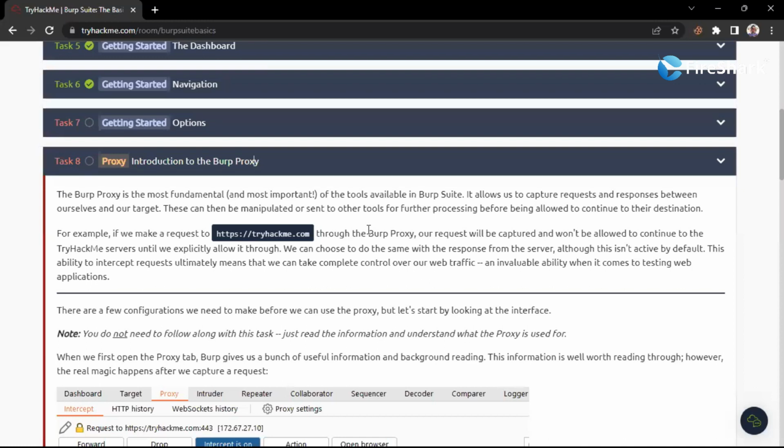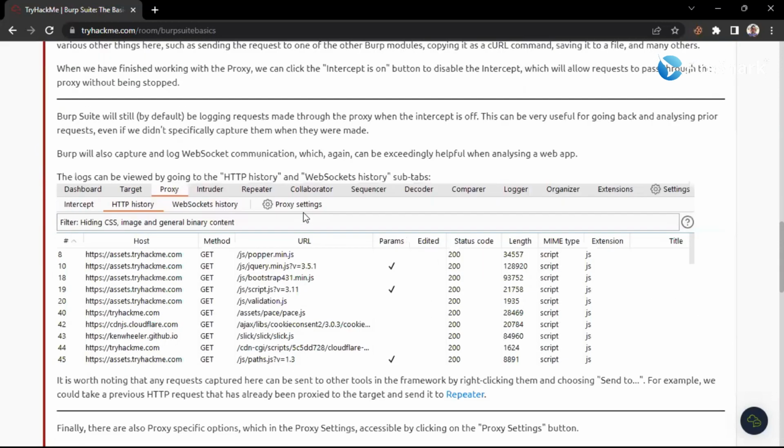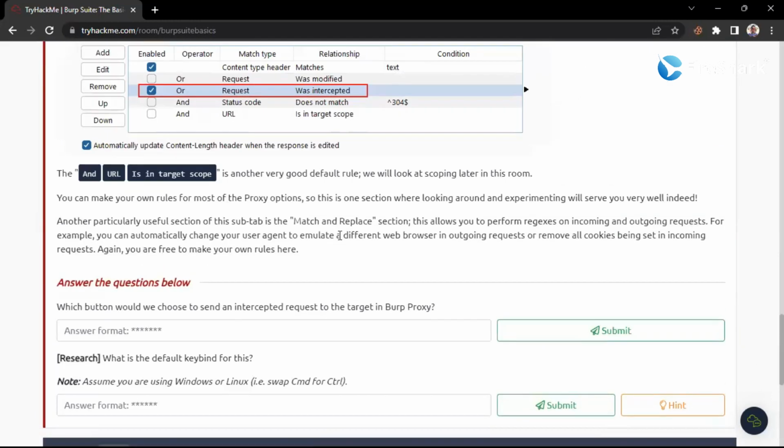For example, if we make a request to this URL through Burp Proxy, our request will be captured and won't be allowed to continue to the TryHackMe servers until we explicitly allow it through. We can choose to do the same with the response from the server, although this isn't active by default. When the proxy is active and you refresh the page, it will capture a request. We'll just complete this in the next class. For today's session, I think this is